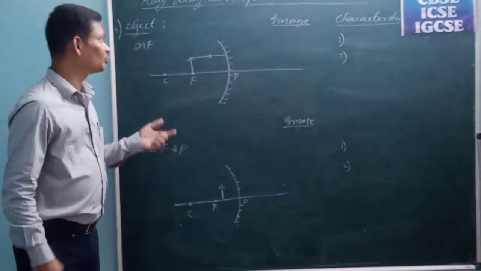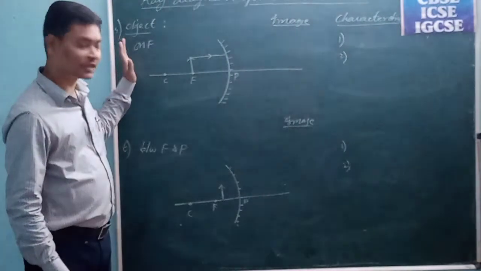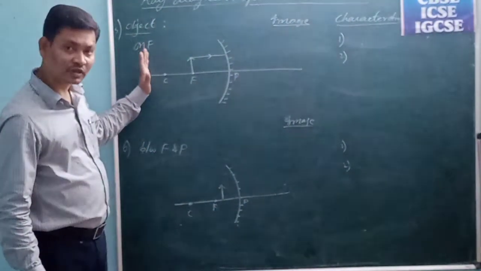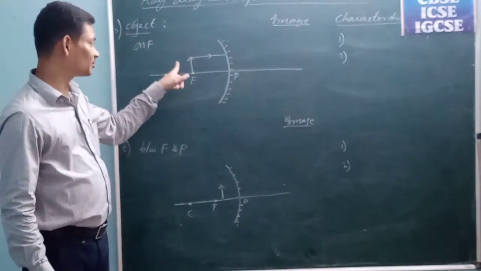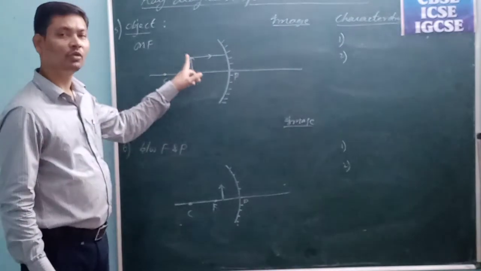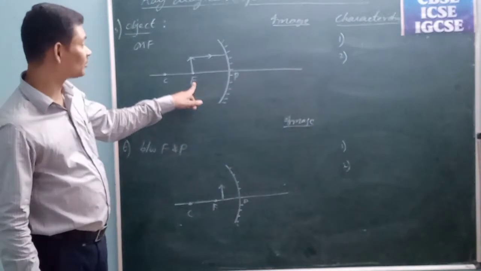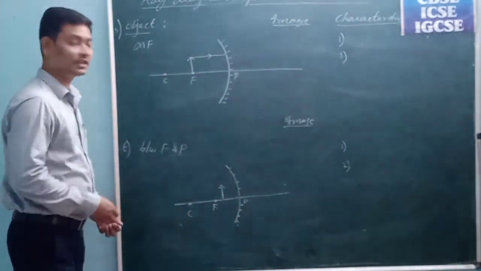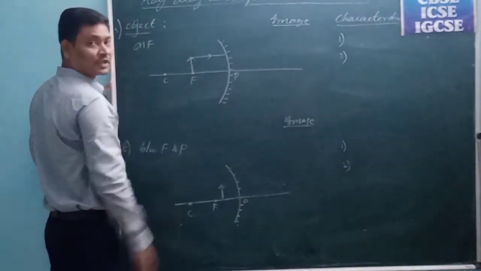The last two positions. Now the first position of the object is infinity. The second position I kept beyond C. The third position is on C. The fourth position is between C and F. Now the fifth position is when I keep the object on F. So just see carefully, students. When the object is on F,